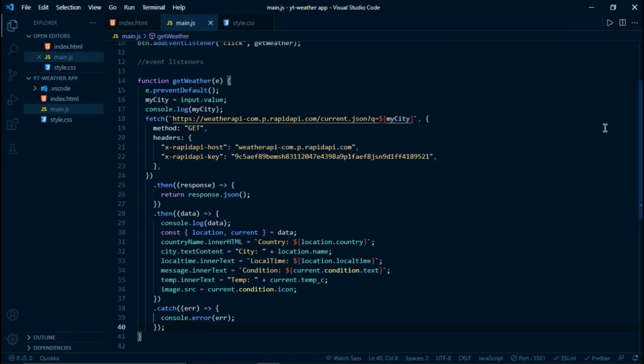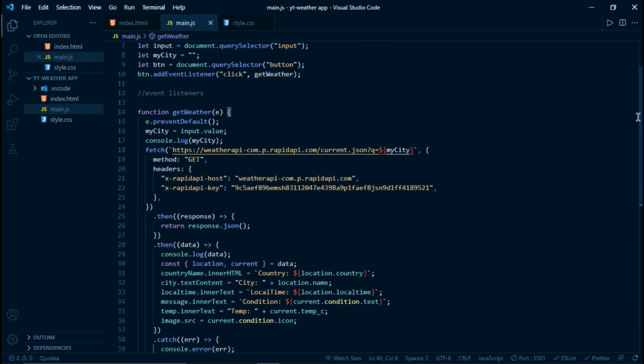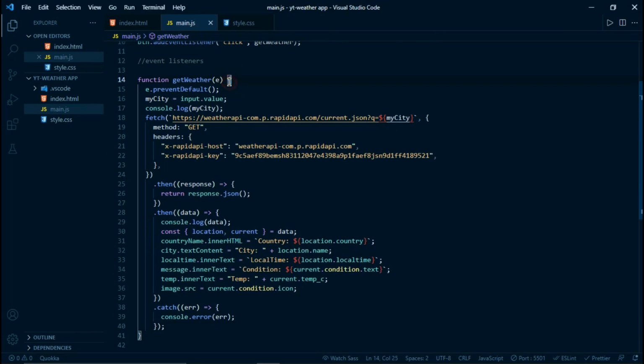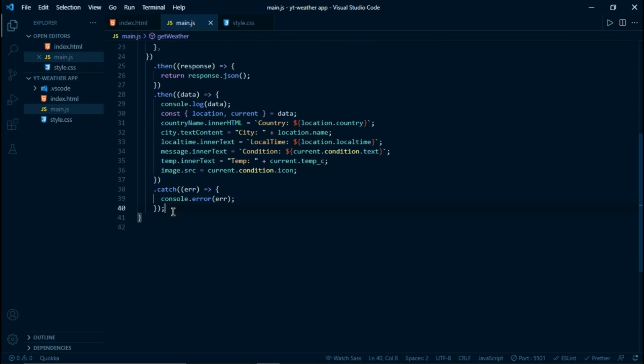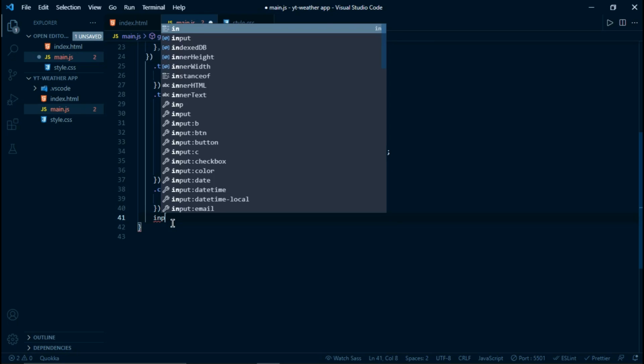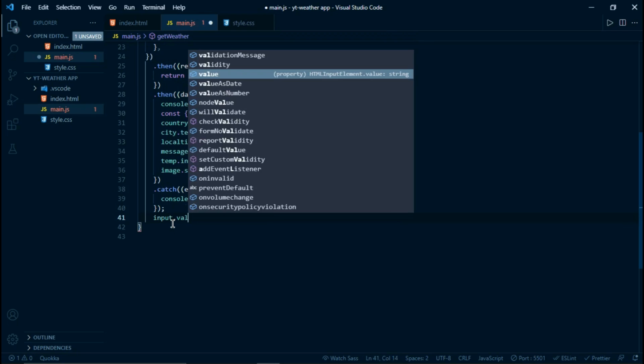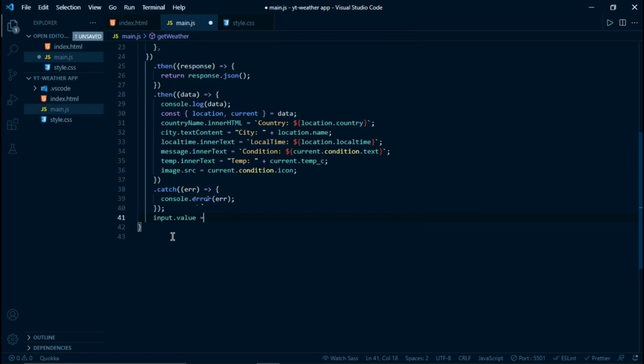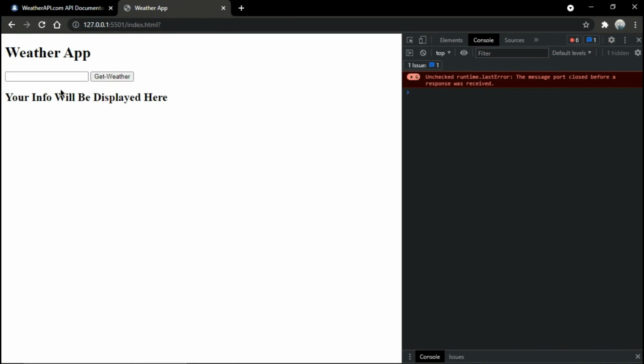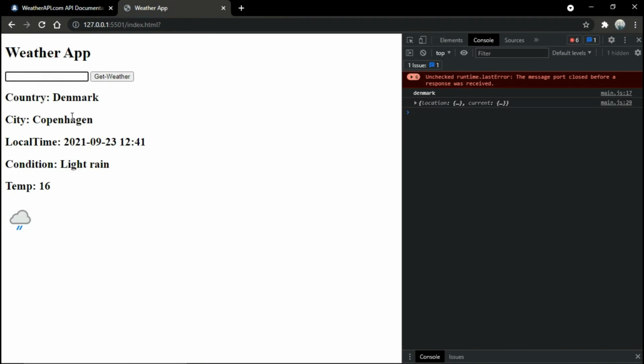What you can do is just at the end, since we're in this function right here, just below that function, or where that function closes, reset the value of our input back to an empty string, and hit save. Simple as that guys. So we can come here and search for something like Denmark, and if you press enter,